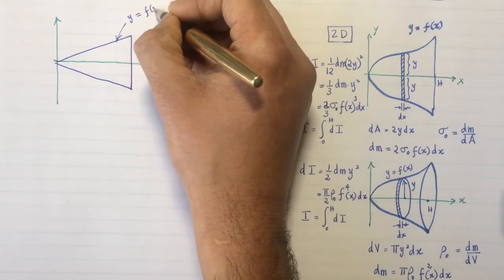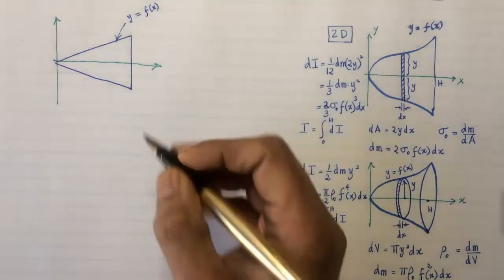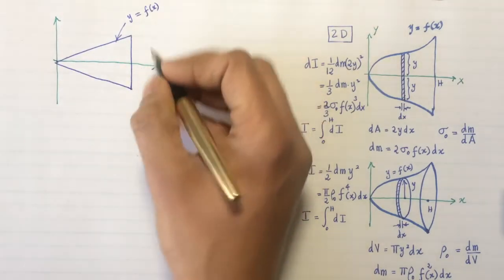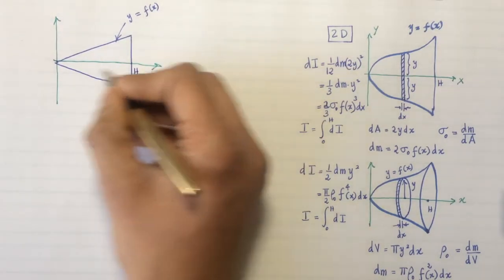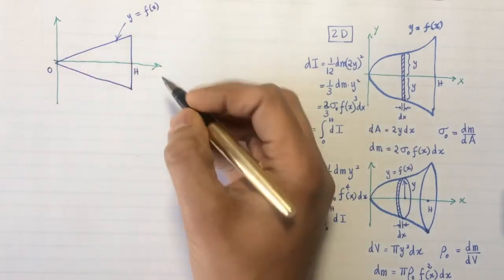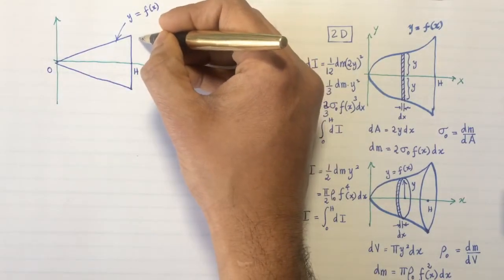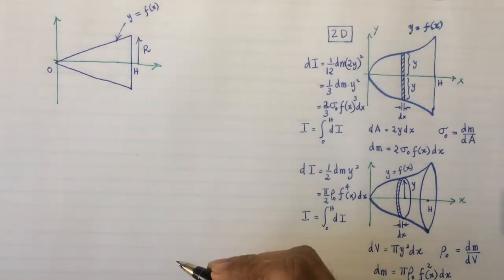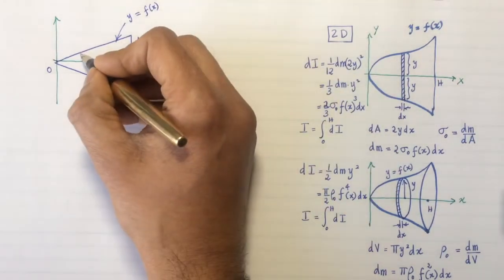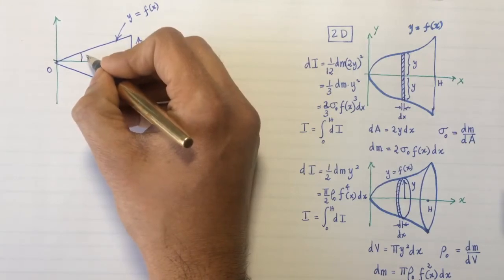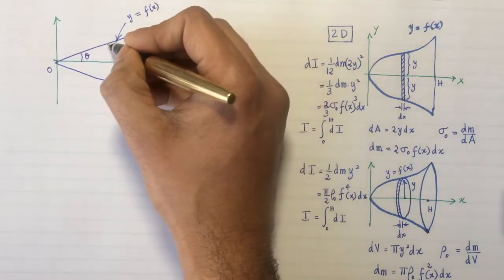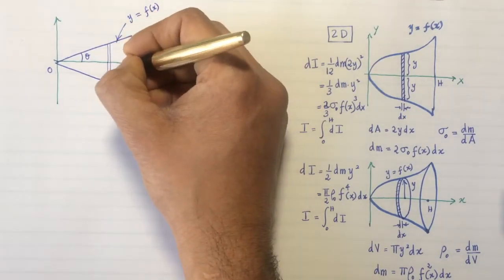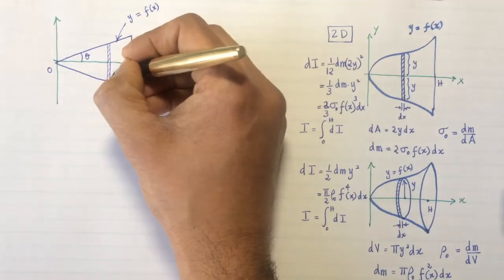I hopefully will have an easy way of determining what the function of x is for the triangle. Let's say that the triangle has got height from 0 to h, and let's call half the base r. So to find the equation that describes this triangle, the best way to proceed is to look at similar triangles. So I'm going to look at